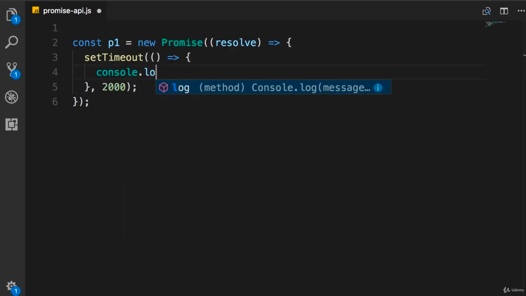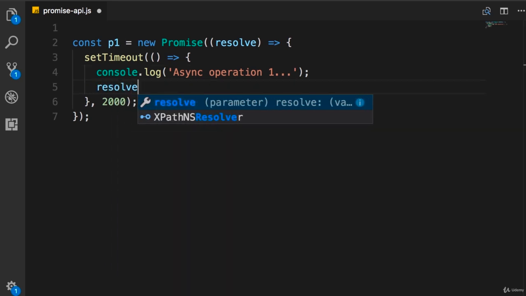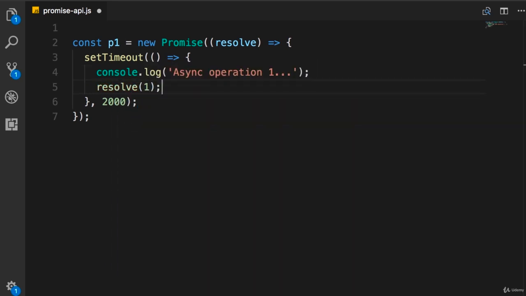So let's do a simple console.log, asynchronous operation 1. And here we're going to resolve this promise with the value of 1. Okay? So this is our first promise. Let's say this is a simulation for calling Facebook API. Now I'm going to duplicate this code,